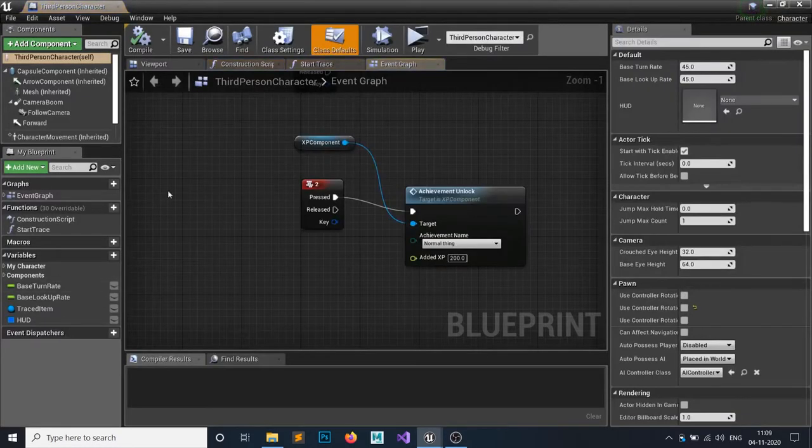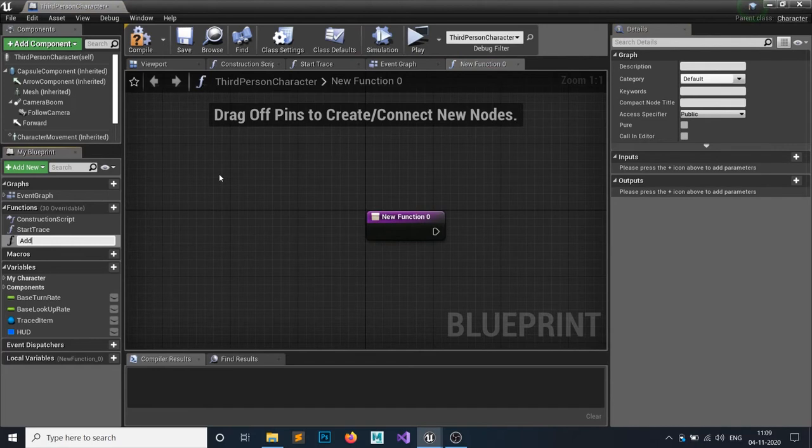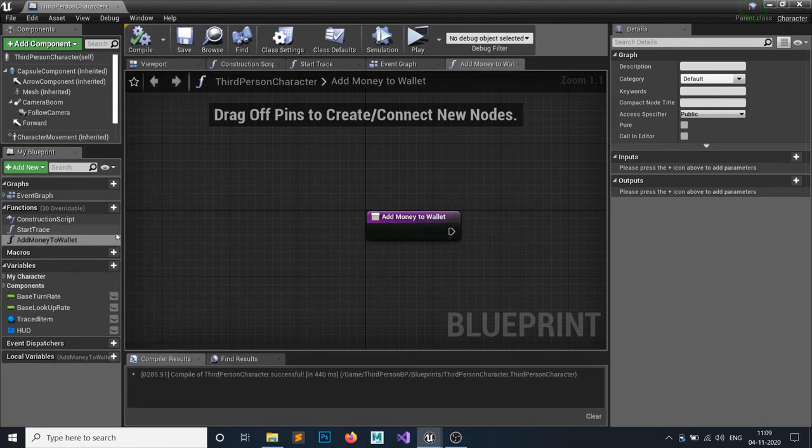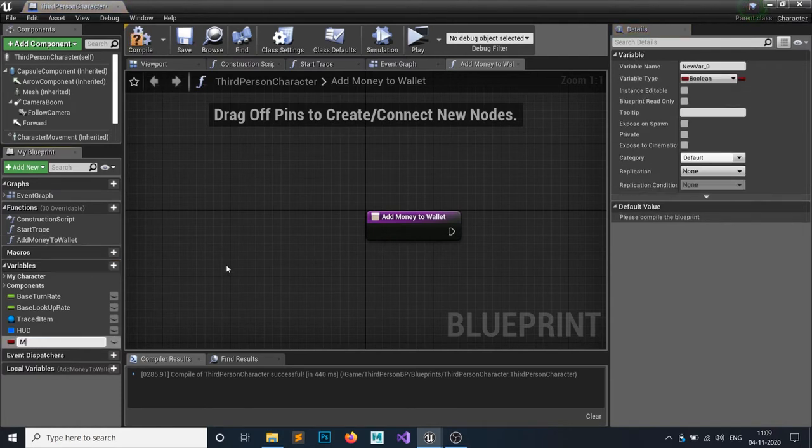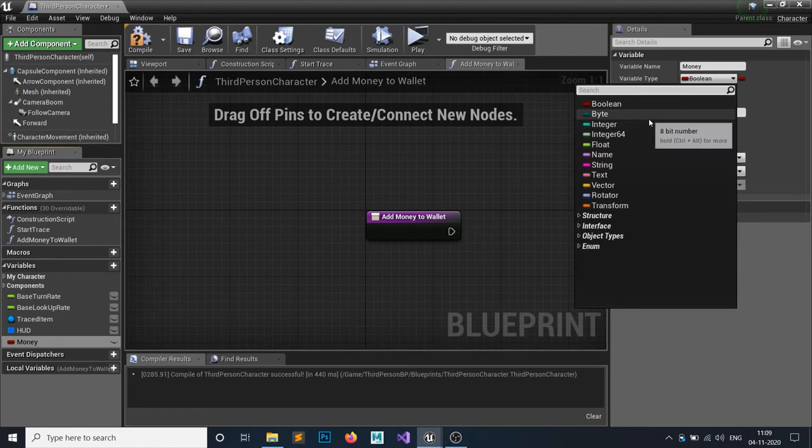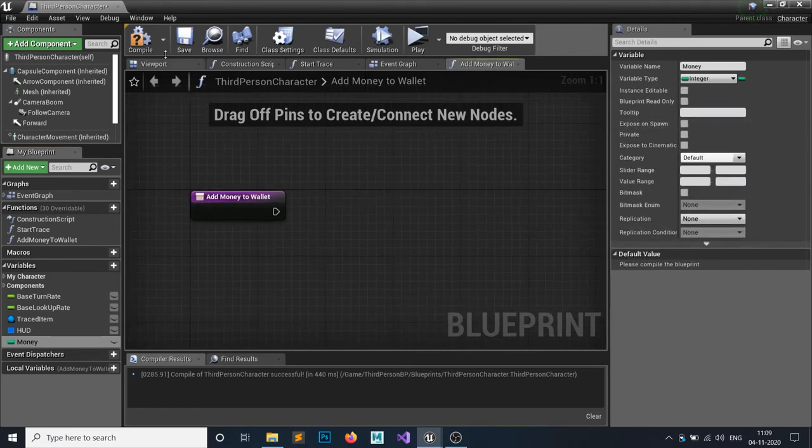In the player BP I'm going to make a new function and call it Add to Wallet, add money to wallet. For that we need the current money we have, and we're going to add it with the added money.